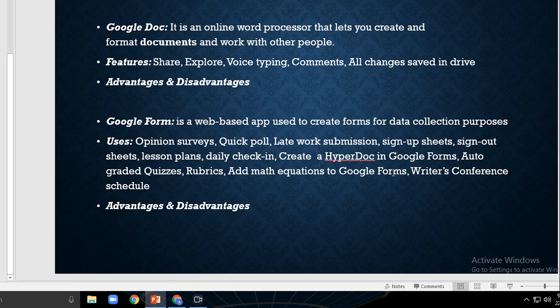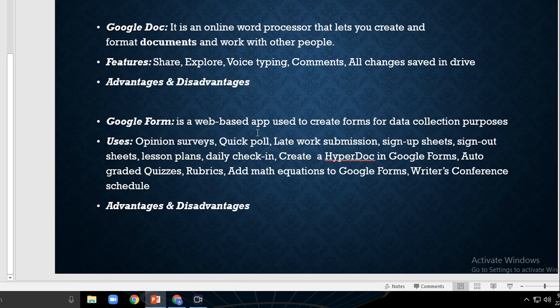Then writer conference schedule. Here, if the students need to schedule a time to meet with you to discuss their writing, the Form Limiter add-on can help. So create a form in Google Forms and it will gather the data you need like name, class, time, etc. in a Google Sheet. Then Form Limiter will stop accepting responses when specific Google Sheet spots are filled. If it is filled, then it will not enter the new information in that.